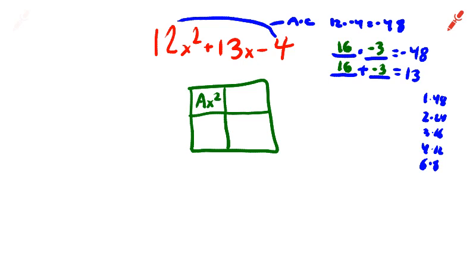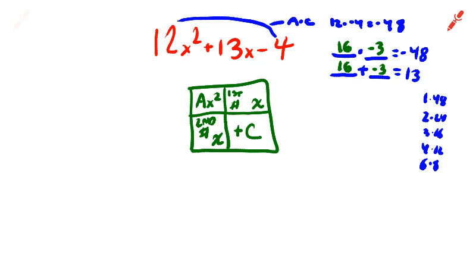You'll have your constant in the bottom right corner. And then with your x's, you'll have the first number and the second number